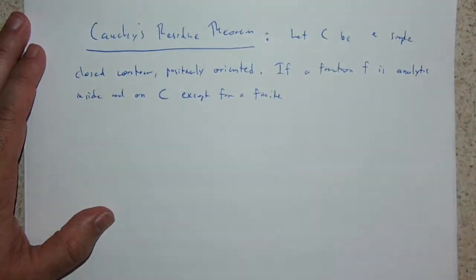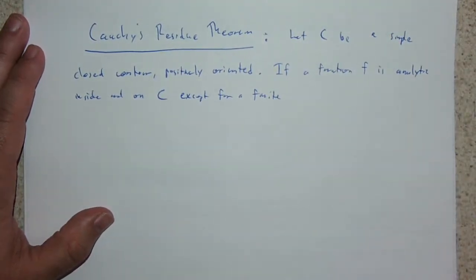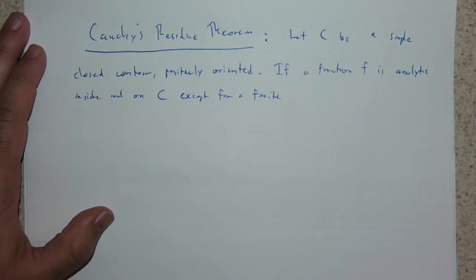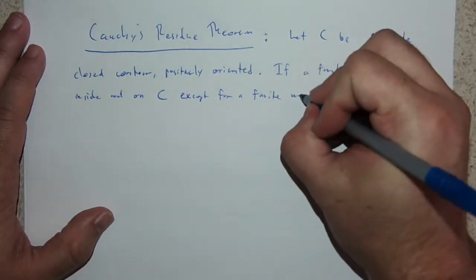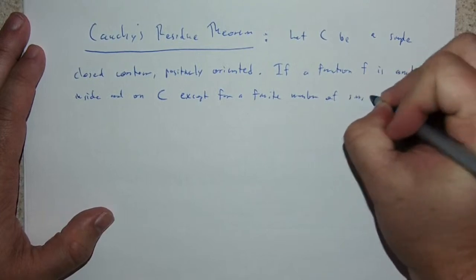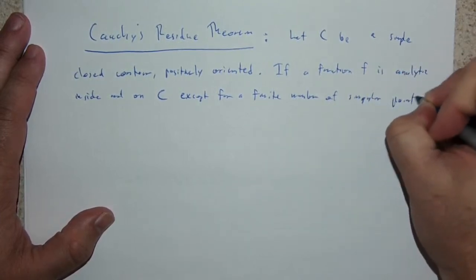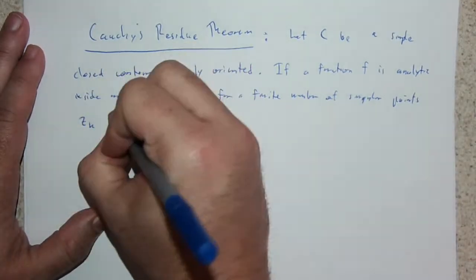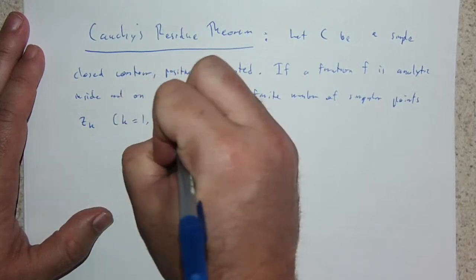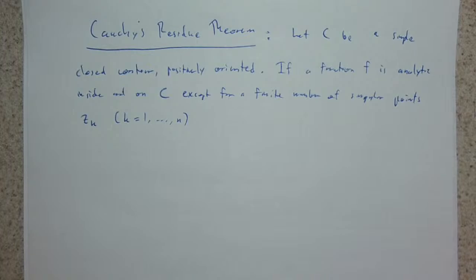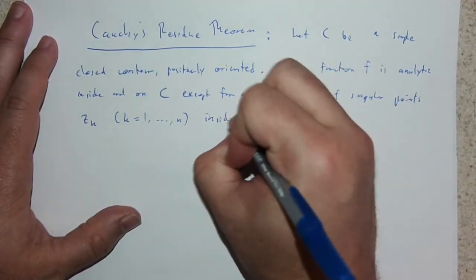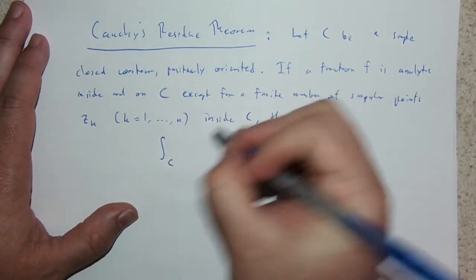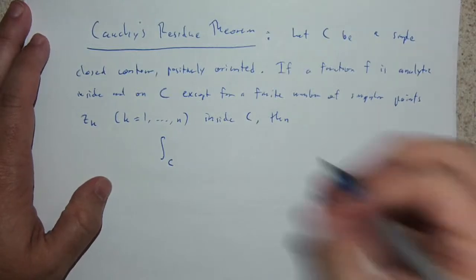Recall, from my previous comments, we're in the situation where f has isolated singular points. These points have to be isolated. But if a function f is analytic inside and on C except for a finite number of singular points, and maybe we'll call those singular points z sub k, where k goes from 1 to n, so there are n of those inside C, then the integral